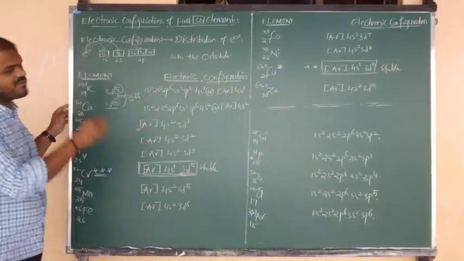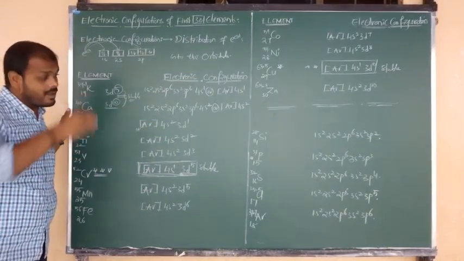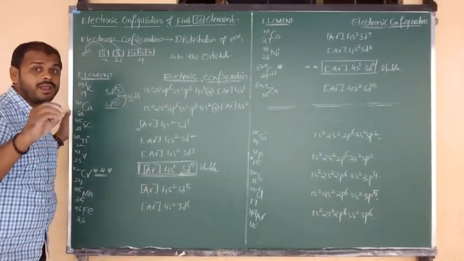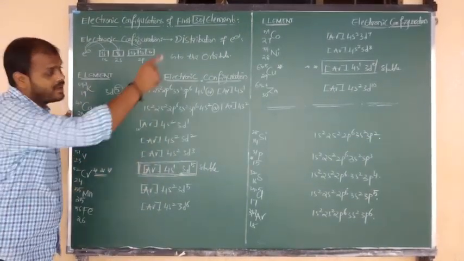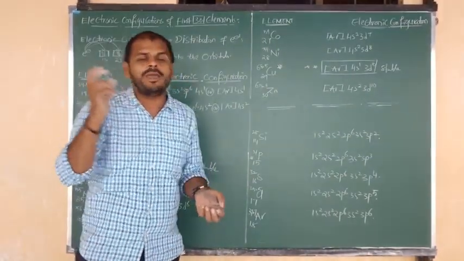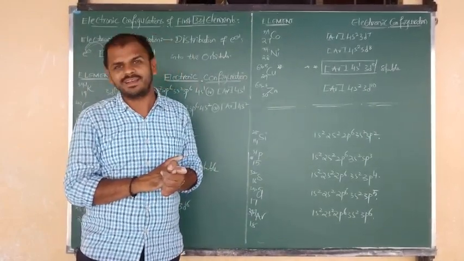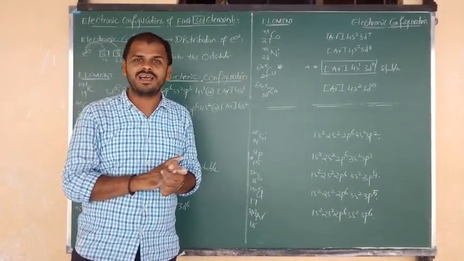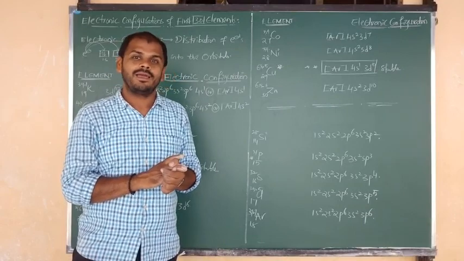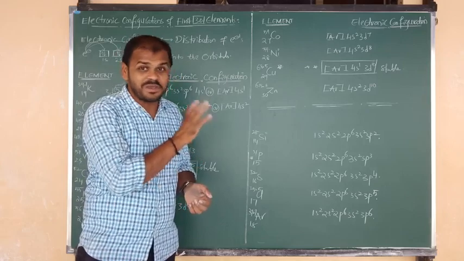So try to focus on the first 30 elements. Try to memorize them by heart, along with symbols, atomic numbers and electronic configurations. So try to practice, beta, try to memorize. I hope you understand this clearly, and in tomorrow's class I am going to explain another new fundamental property. So wait for that. But try to practice.